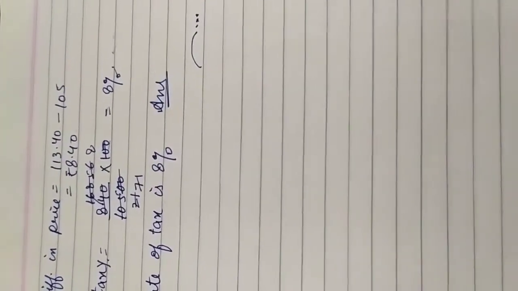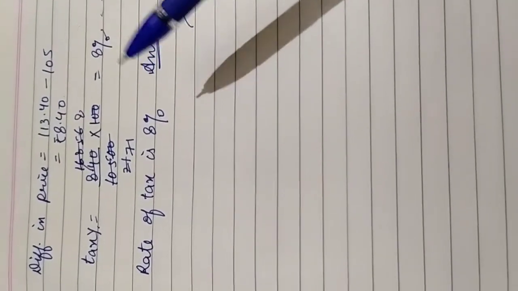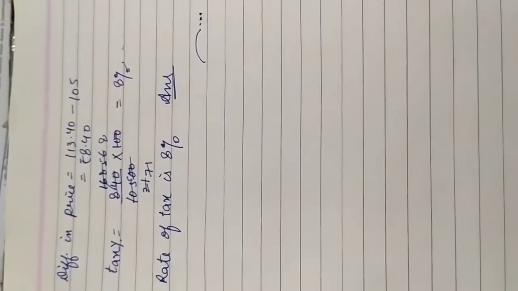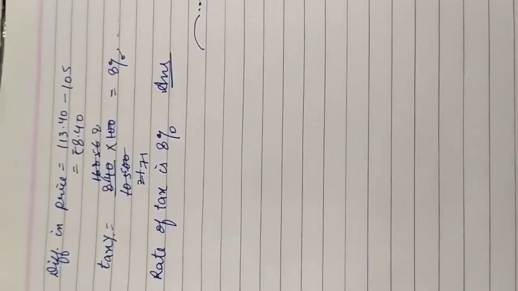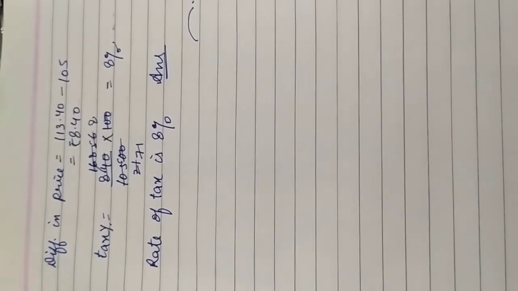Okay, so we have 8% tax added to the marked price. Okay, so children, in this way we have covered all the types of word problems of your exercise. Hope you have understood them all, and again if you have any type of query you can ask me, and now you can do your exercise on your own. Okay.